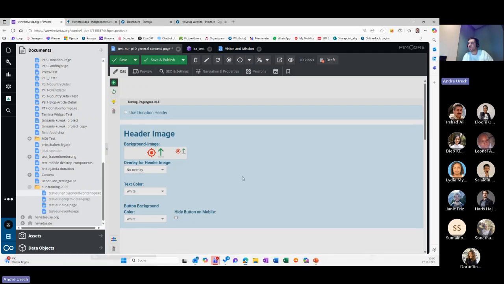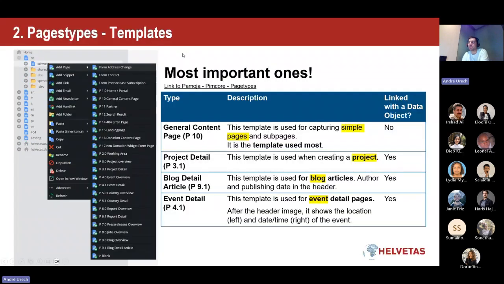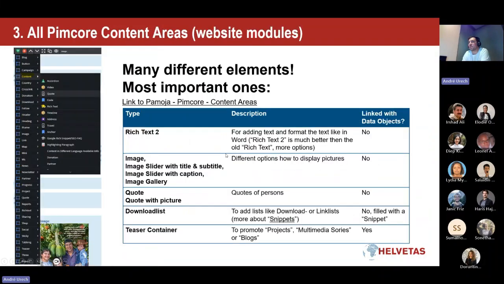Okay, that's always good if Pimcore is a bit slow when I show something, but now you see the asterisk is gone. Okay, shortly back to the PowerPoint. So these are all the different page types, and these are the most important you will use, yeah? Then I will go to the next point, which is